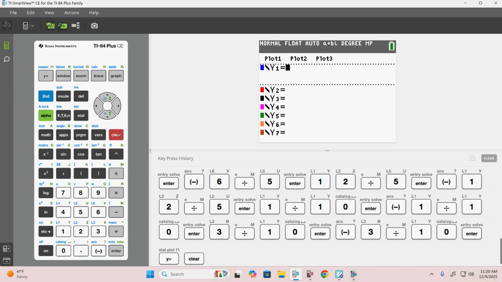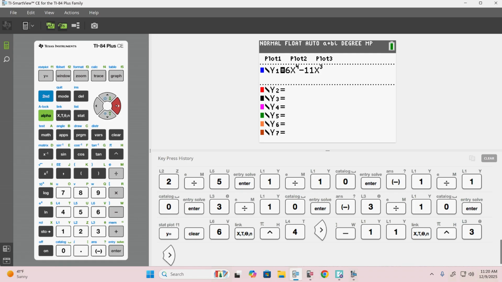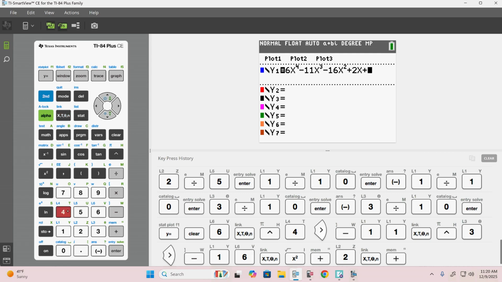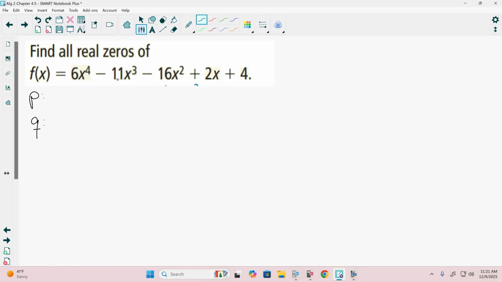Because we can type this in, 6x to the fourth minus 11x to the third minus 16x squared plus 2x plus 4. So we plug the whole thing in and graph it. Now if we notice again, we do not have a nice integer solution. So just like the last one,